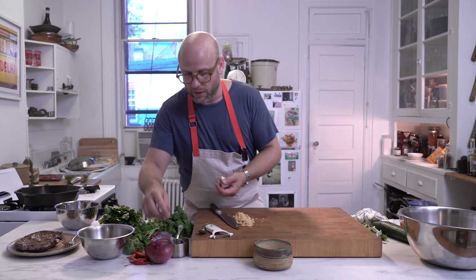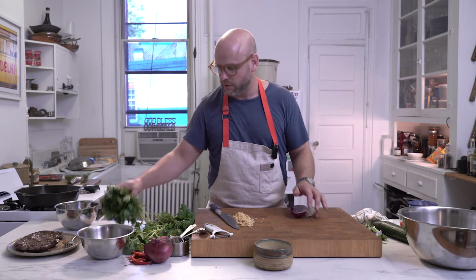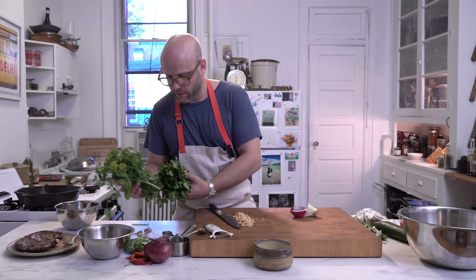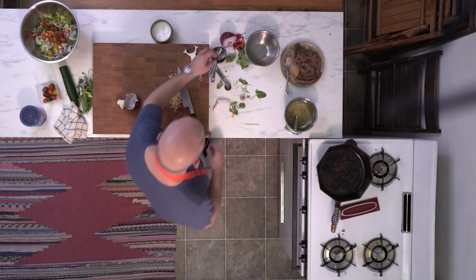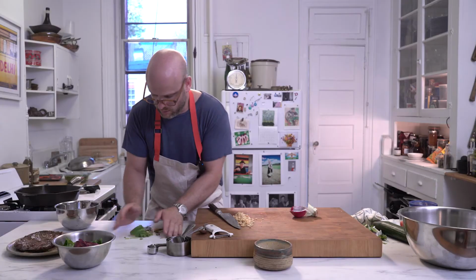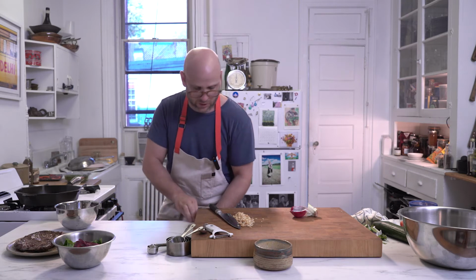So I always, when I'm dressing a salad, want to wait until the last possible minute so it stays nice and crispy. We don't want it to wilt the greens, which will happen with the acid from the salad. So kind of get all this stuff out of our way, put our stuff back in our fridge or wherever we're going with it. In this case, I'm just sticking it off to the side, so I'm going to be cleaning up after. And this is a great time to take a minute and actually, the steak, if you're going to be serving it